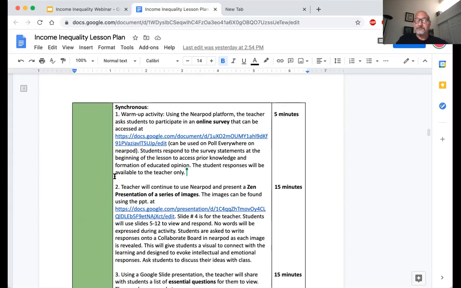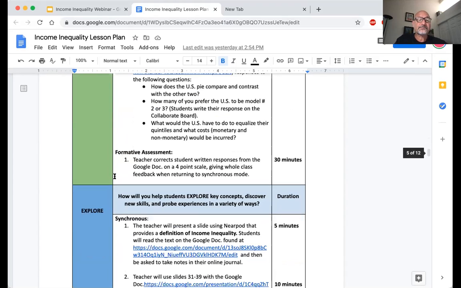Also, as a part of the engage section, the teacher presents a set of essential questions to students, and students will use their Google Journal to make their responses. The teacher will then begin the activity, how does the US slice the pie? Students are asked which slide represents the United States wealth distribution. Once all students make their choice, the teacher reveals the correct pie chart and discusses the data with the students.